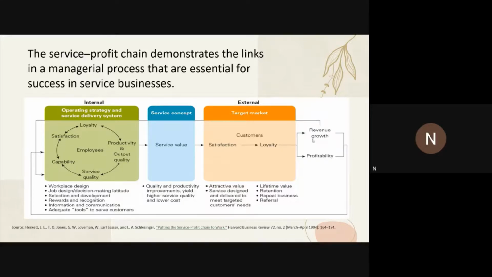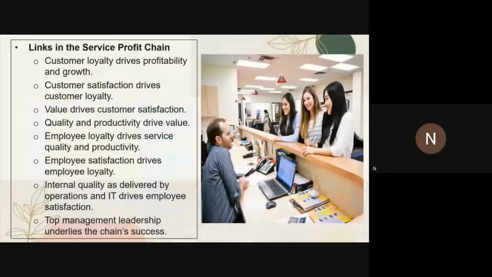Based on the diagram, you can see that customer loyalty really improves the profitability and growth of the organization. Once customers are satisfied and happy, they have an intention to build a long-term relationship with the company. So it is very important for the company to provide value that makes the customers happy,